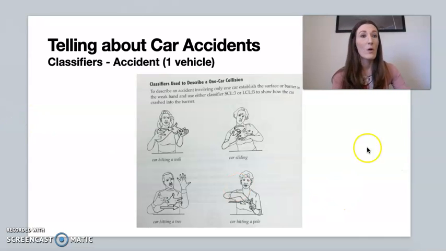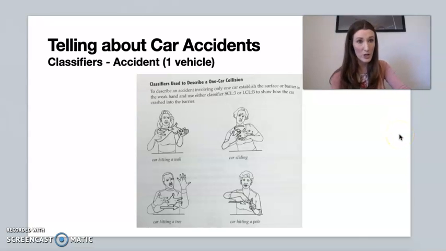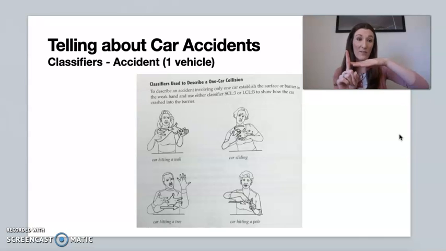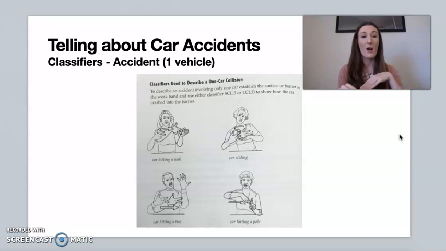Okay, so talking about accidents, if it is a 1-car collision. So setting up your classifiers, what you are hitting, you set up with your non-dominant. So if you're hitting a wall, maybe it hits this way. If it hits a tree, the tree falls. If you hit a pole, you could even use this car if that's the appropriate classifier for your flat type car, like your Cadillac. Okay, maybe you hit a person. Okay, if your car is